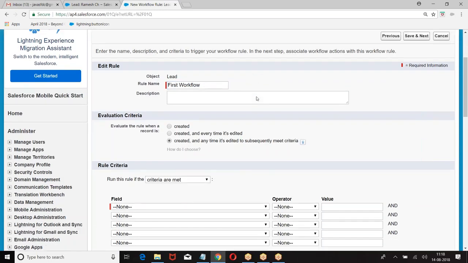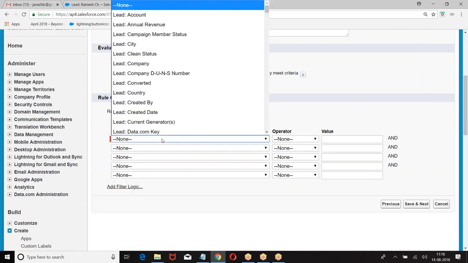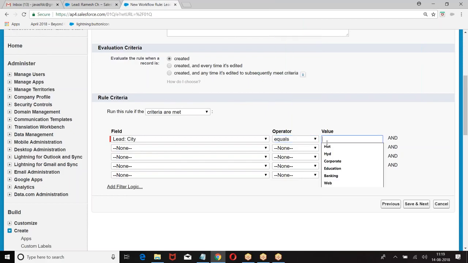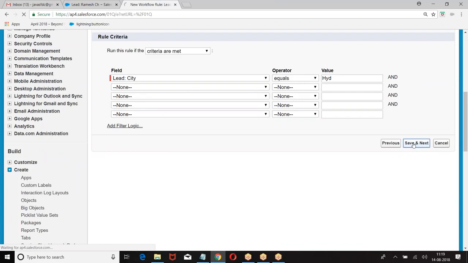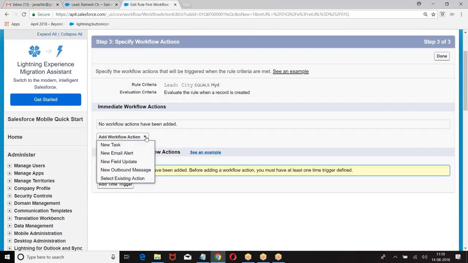First workflow: city equals Hyderabad. Then what is the action we are adding?